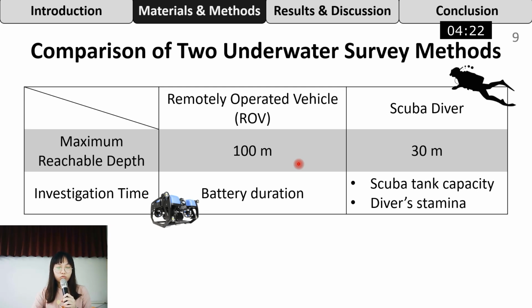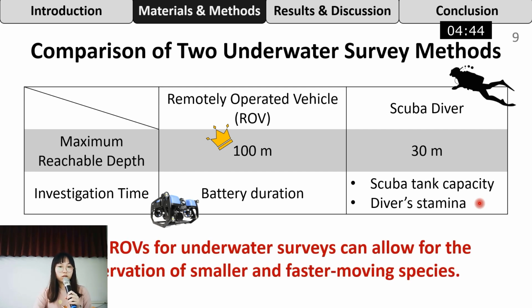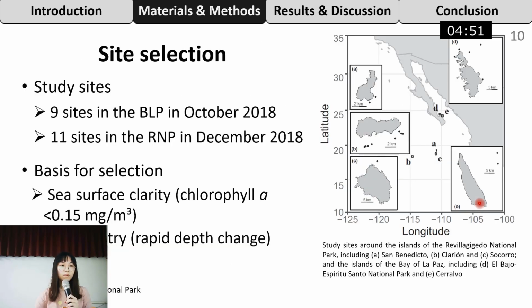Untrained scuba divers can typically reach a maximum depth of 30 meters. The investigation time for an ROV depends on battery duration, whereas scuba divers are limited by scuba tank capacity and diver stamina. Using an ROV for underwater surveys can allow for the observation of smaller and faster moving species. And as shown in the right picture,